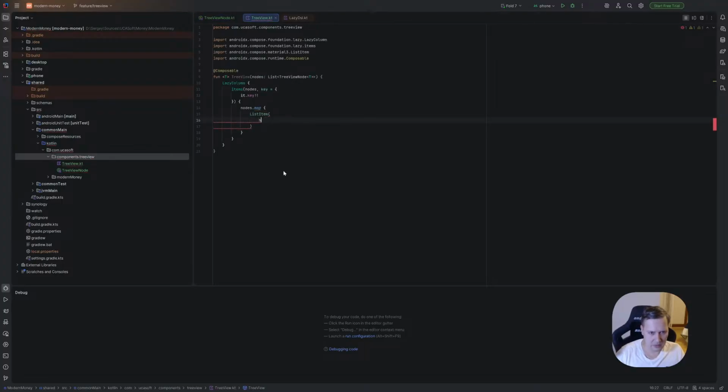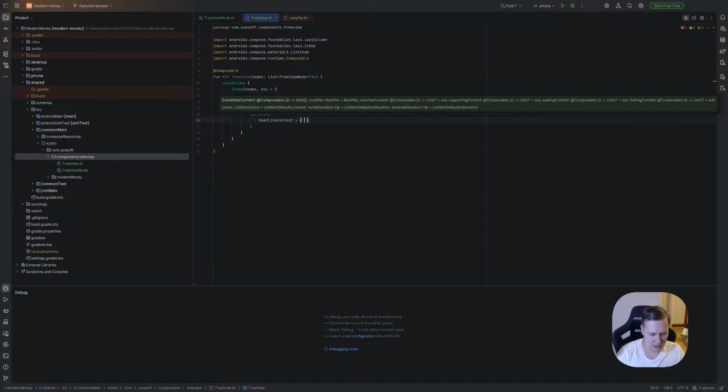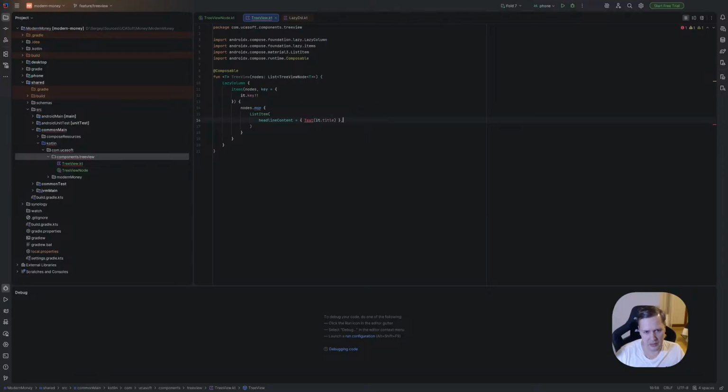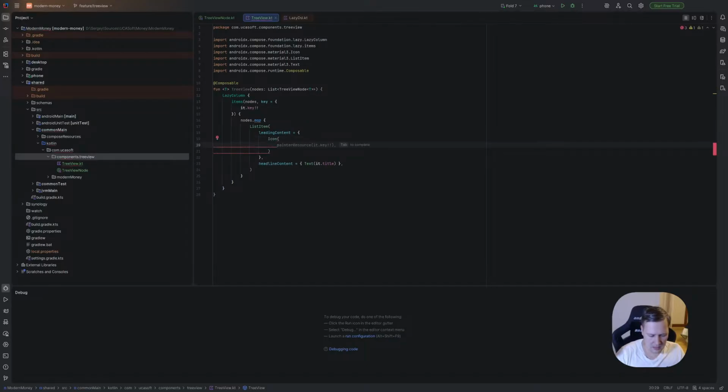So for hidden content, all we need here is to provide text and its title. Okay, for leading content, it should be icon, and we have to provide it.icon and it.title. And for icon we need to create property.